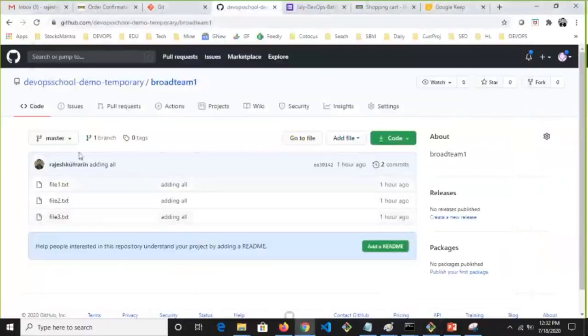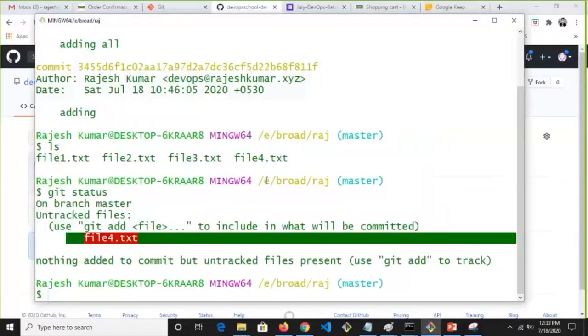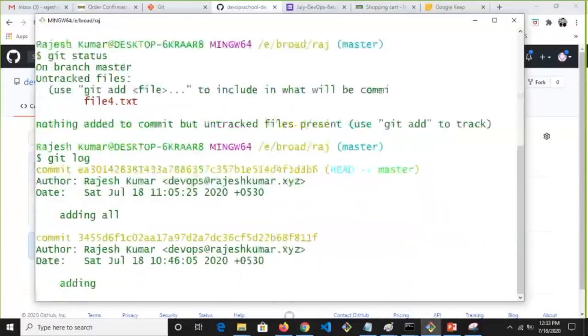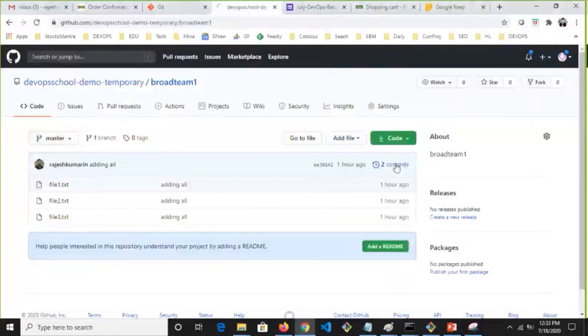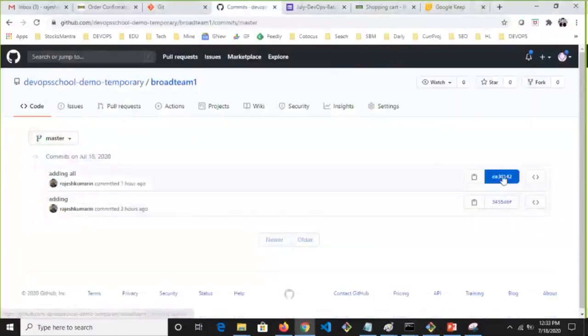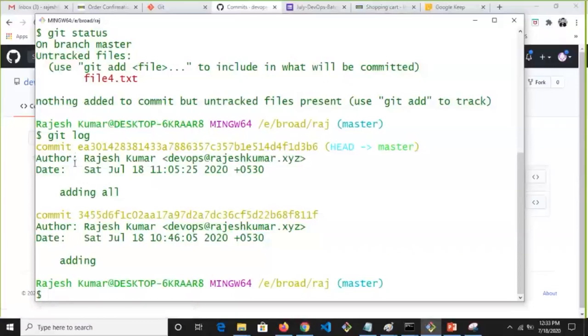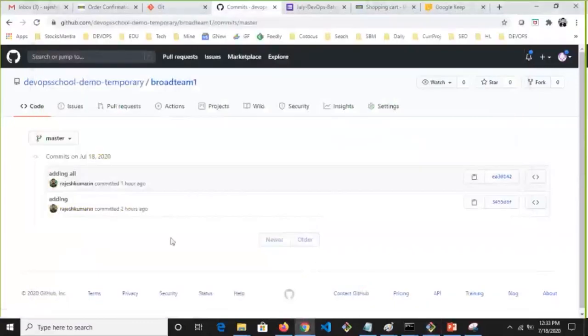And now how many commits do you have? Look at this. How many commits do you have under the commit section? Where is that commit? Two commits. So here you have two commits. Look at this, commit ID change same EA34. See that EA34. Who has committed? You can see everything. Whatever I taught you through the command line, you can see that through visual. Probably you like it. You love it. This is why enterprises are paying for your experience.